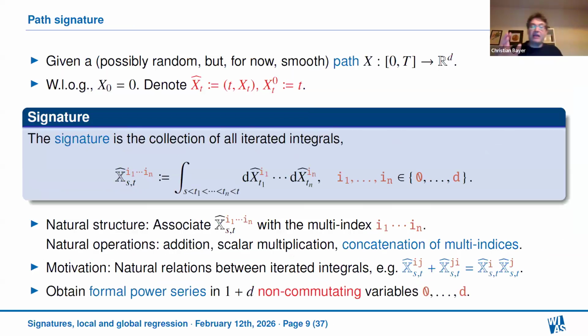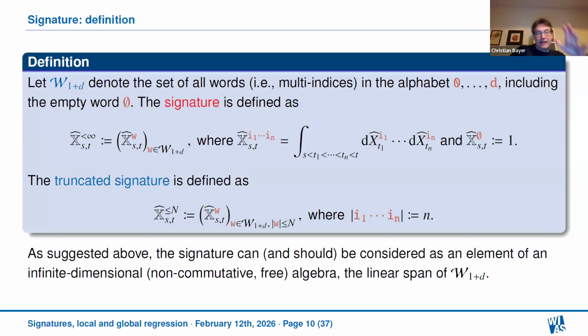But in a way, what is really going on here is we are looking at this series of all iterated integrals, and we consider it in a way as a formal power series in